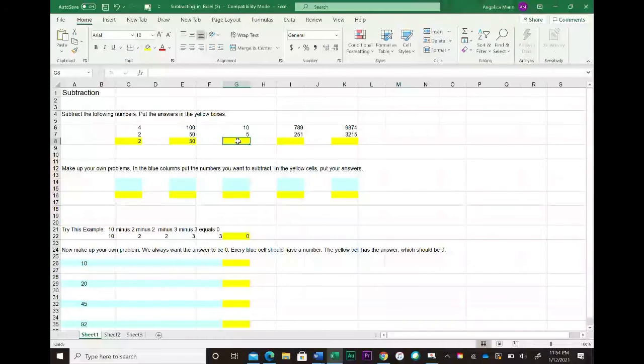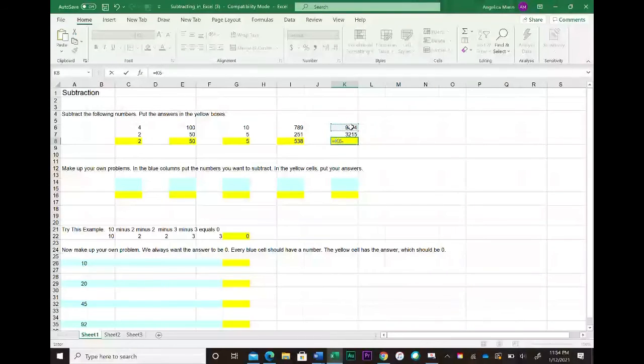So for these, you do have to go like equals G6 minus G7. Enter. Again, go to I8, equals. You must put in the equals. Click where your cell is at, minus the 251. Enter. Same. Equals